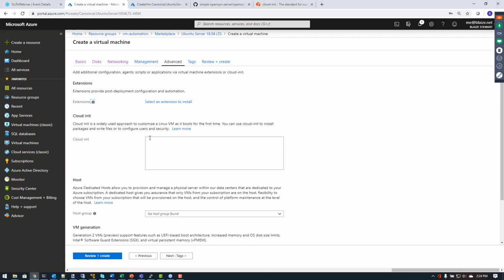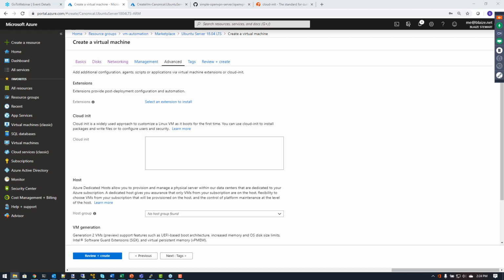and then come over here to advanced. Now, you notice here that I have this text box for CloudOnit. Now, if you are doing this through more of a scripting environment, such as Azure CLI or some other supported mechanism, you would need to have a file that you would point to. But this one, I need to copy and paste the actual CloudOnit into this box. So I'm going to go ahead and open that up, and then I'm going to get the source code for this